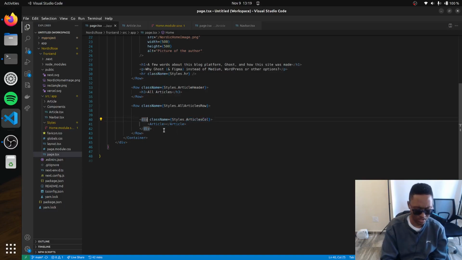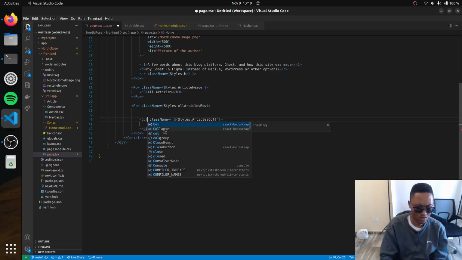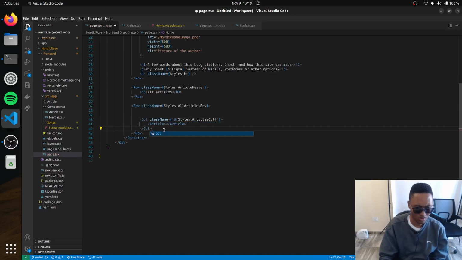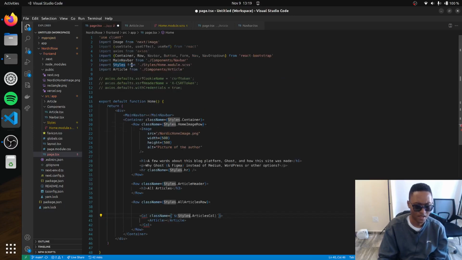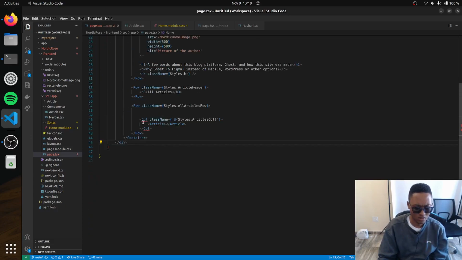How do I do this? I forgot. How do I split up? I need to add it to the class name, right? I think I need to do something like this, and then add this in here. Well, yes, this is what you're doing. This is a col. So inside the col, you need to import col there, and inside this col, we need to